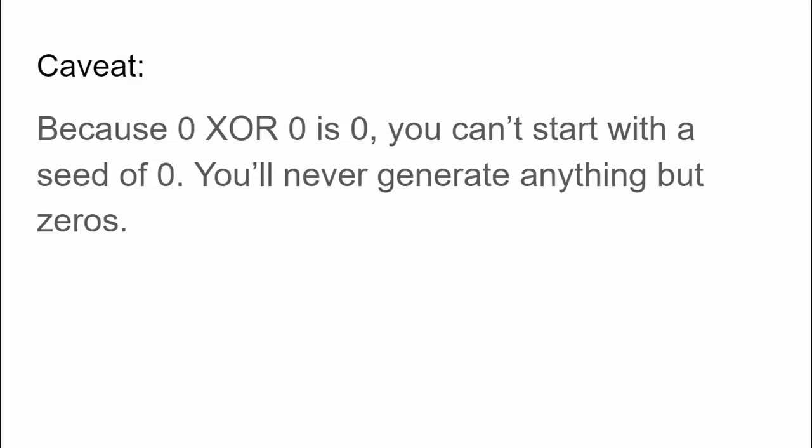So if you're actually trying to do this, you just have to be aware of the fact that when you seed your random number generator, if you're not using specific numbers, you're getting your numbers from somewhere else. You have to make sure that those numbers are not 0. Now, where would you get those numbers from somewhere else? That's what I'm going to talk about now.